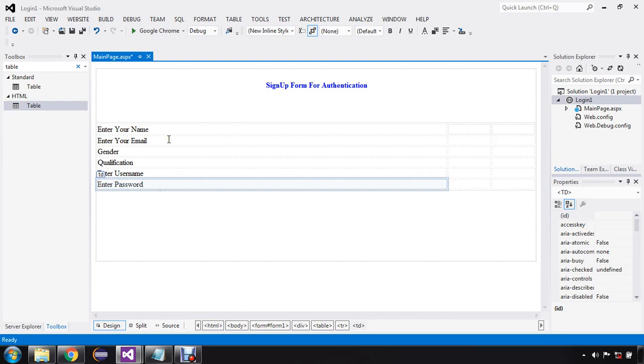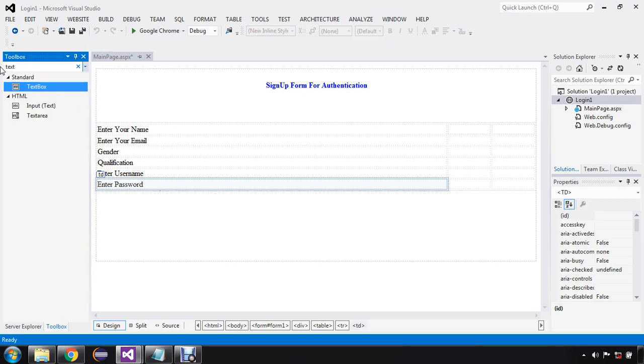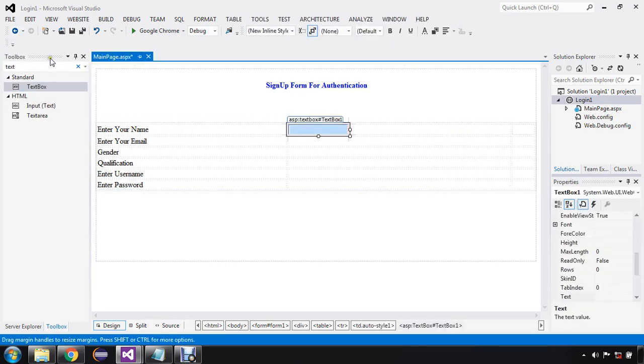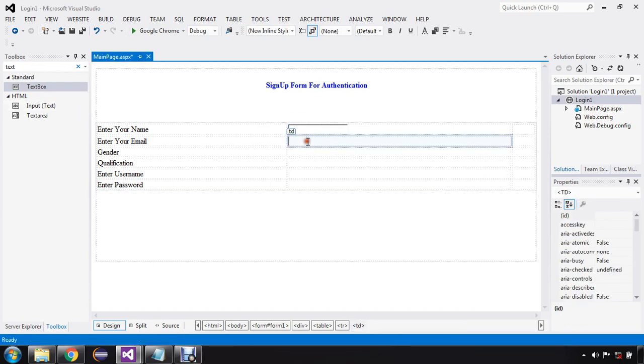Now I'm going to use standard controls. For name, email, username and password, I'm going to use a text box control so that the user can enter his or her details. So let's select a text box control and specify it in this second division or second TD tag.